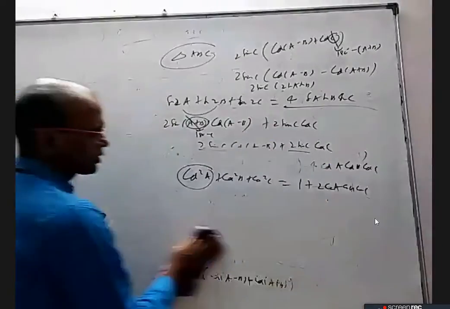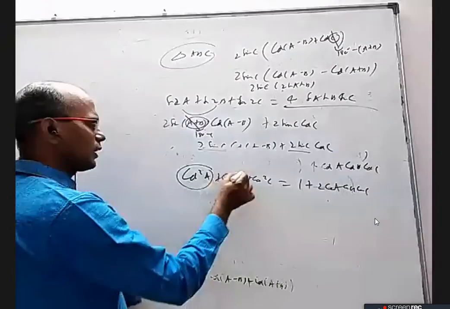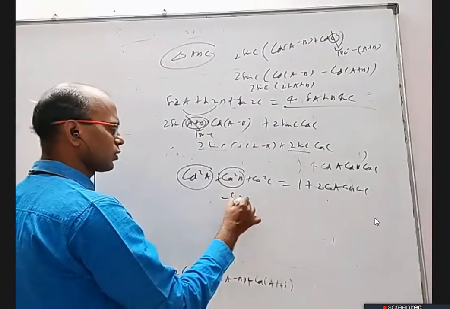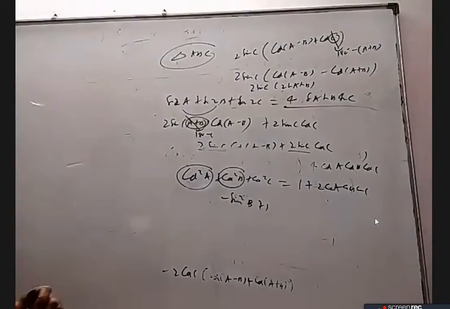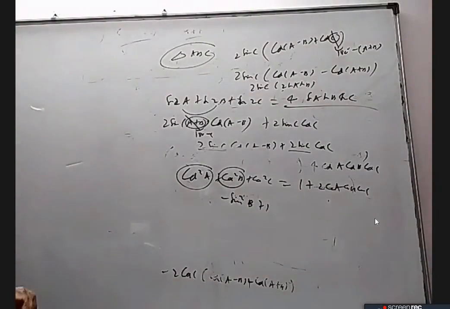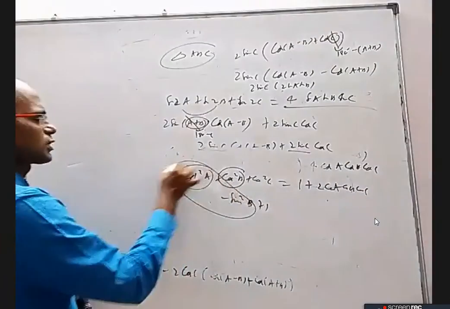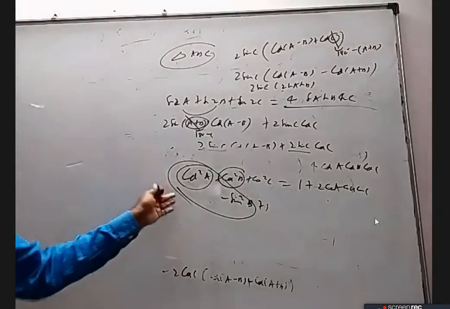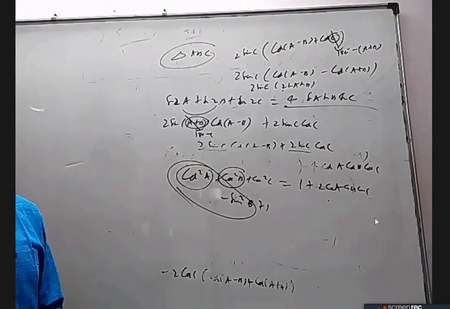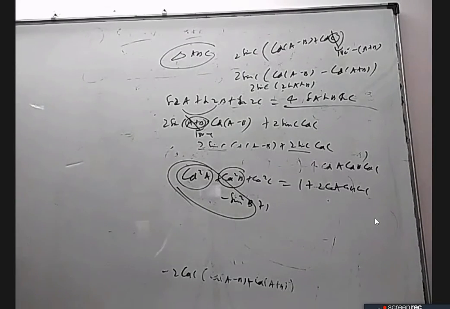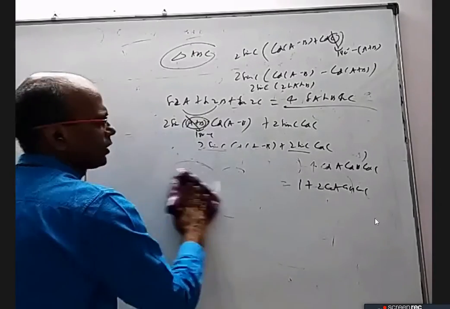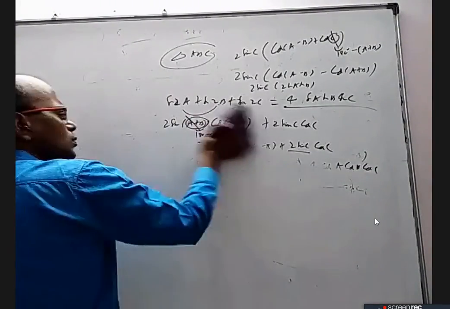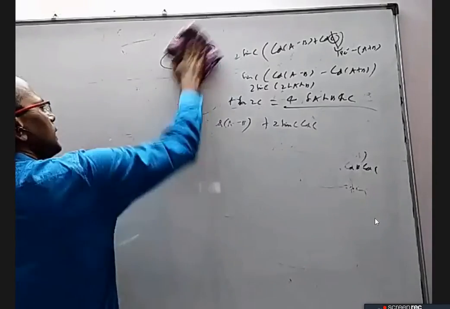Another option for doing this kind of question is, you can write cos square b as minus sin square b plus 1. 1 minus sin square b is cos square b, right? And cos square a minus sin square b, we have a formula: cos a plus b into cos a minus b. You can use that also. So these are the overall ideas for exercise 6F. You can do most of the questions with this idea actually.